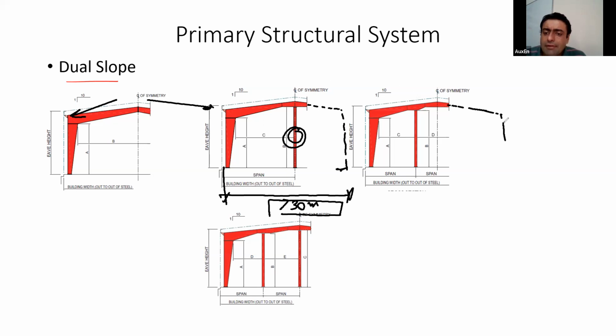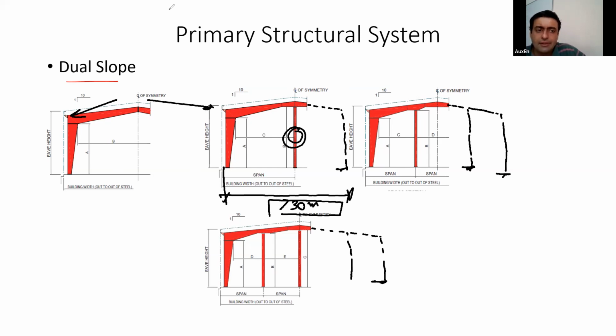Over here, how many internal columns will I have in this case? So here I will have 2 internal columns. And again, like this, I will have 3 internal columns over here. Are you clear with this type of systems? So all are called as dual slopes. One with no internal column, then having a central internal column, 2 internal columns, 3 internal columns, and so on. So a span of around 20-25 meters is an economic span. Beyond that, you should think of providing some internal columns. Clear?